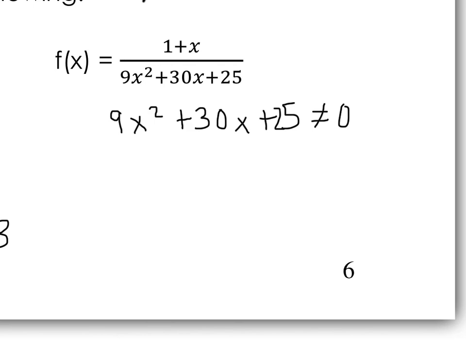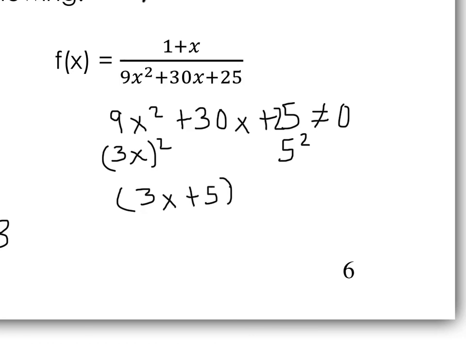Does this denominator remind you of anything? This is a perfect square. This is a special product. If you realize this is a special product, it's faster to factor. It's actually 3x plus 5 quantity squared. That cannot be equal to 0. You can use FOIL in reverse if you want to, but if you realize it's a special product, it's much faster. So 3x plus 5